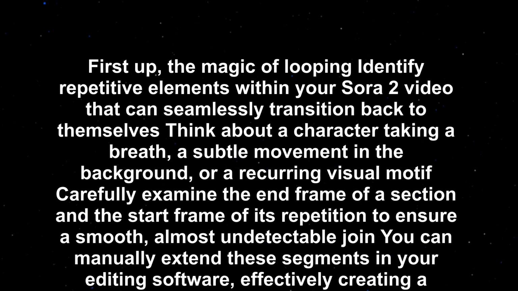Identify repetitive elements within your Sora 2 video that can seamlessly transition back to themselves. Think about a character taking a breath, a subtle movement in the background, or a recurring visual motif. Carefully examine the end frame of a section and the start frame of its repetition to ensure a smooth, almost undetectable join. You can manually extend these segments in your editing software, effectively creating a continuous loop that adds significant